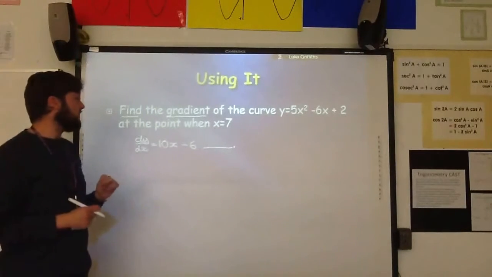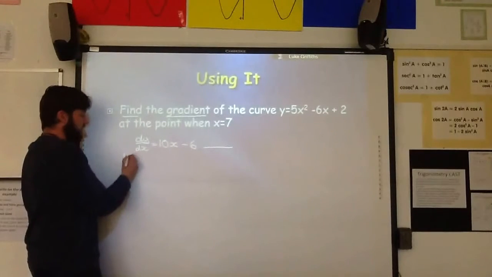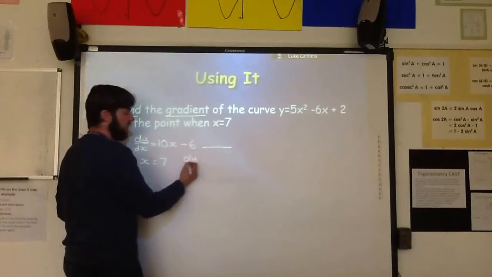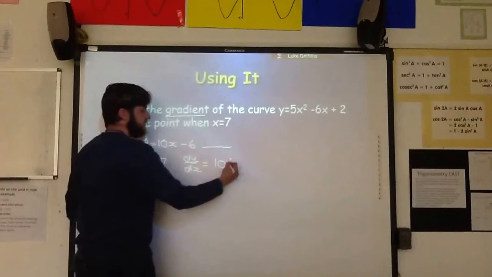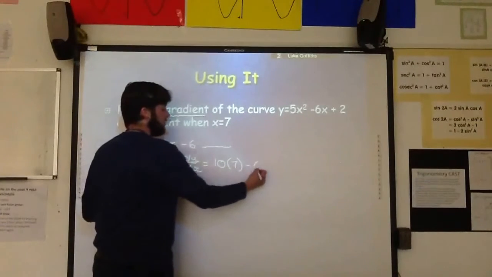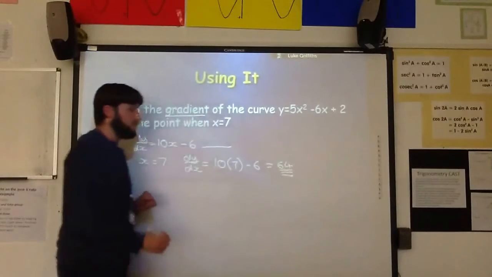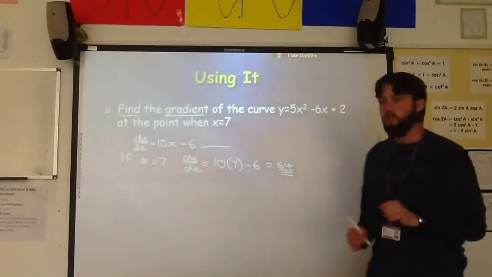So now to find the gradient at the point when x is equal to 7, I just go if x equals 7, dy/dx equals 10 times 7, take 6, which is 64. And that is the gradient of the curve y equals 5x squared minus 6x plus 2 at the point